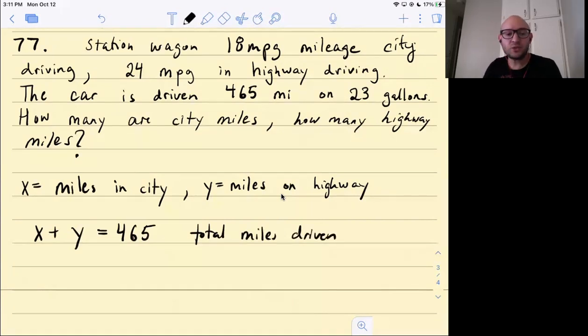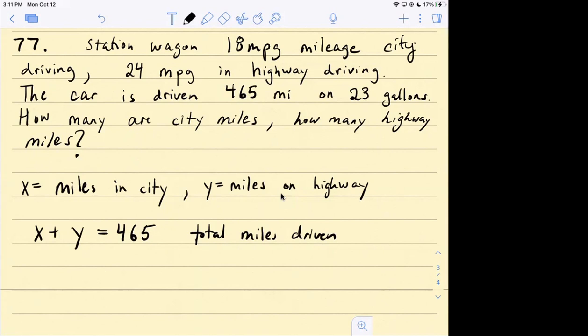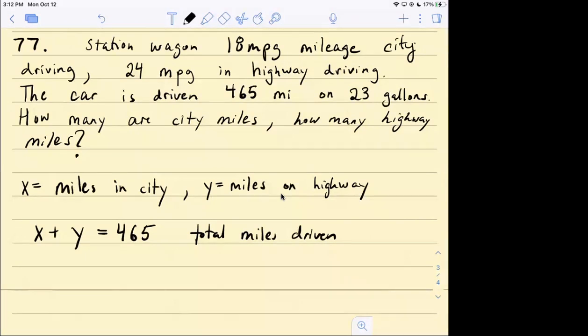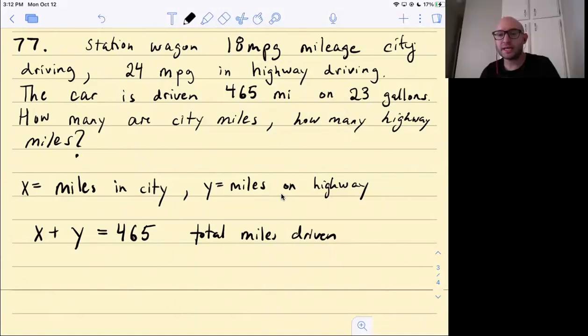Okay. The next one is a little bit tricky, but it's not that bad if you're thinking very clearly. What's the other really valuable information about the overall trip that we need to use? There's one more piece of information. Nice. Gabrielle, what did you write? Can you share what you wrote? I said the 23 gallons. Perfect. So that's the total gas that we use, right? And so that's going to be a key part of the next equation.